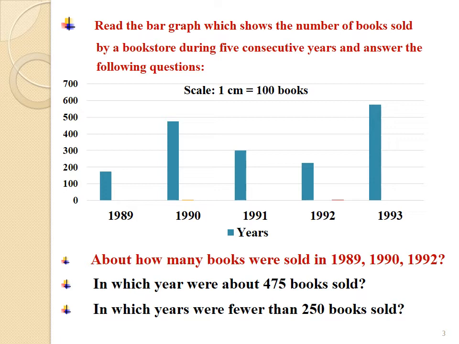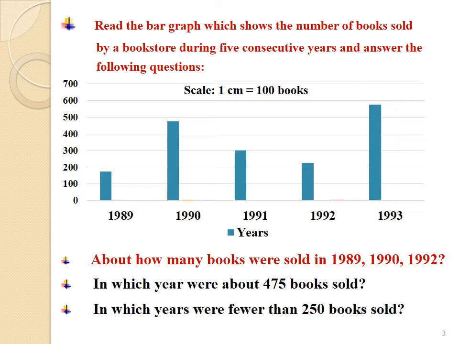1990. The bar is between 400 and 500, but it touches the mark more than 450 but less than 500. So we have to assume that 475 books were sold in the year 1990. Students, now look at the bar of the year